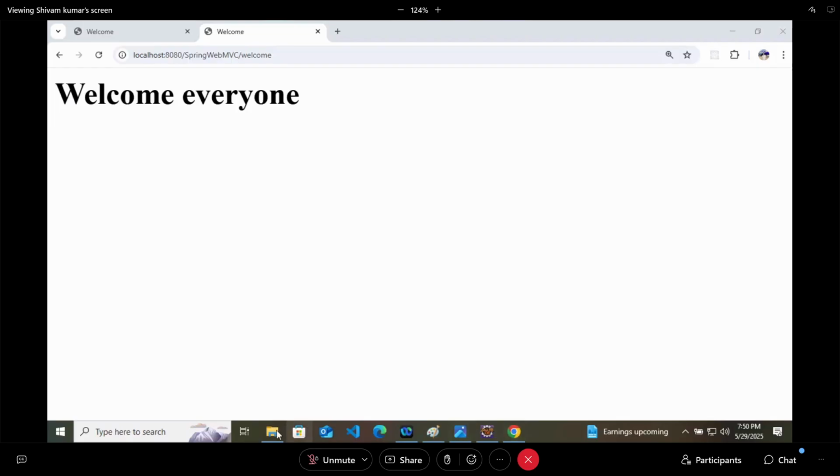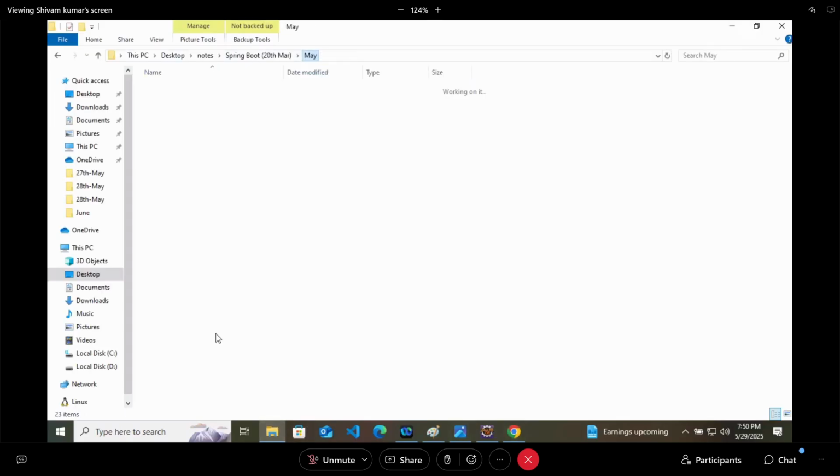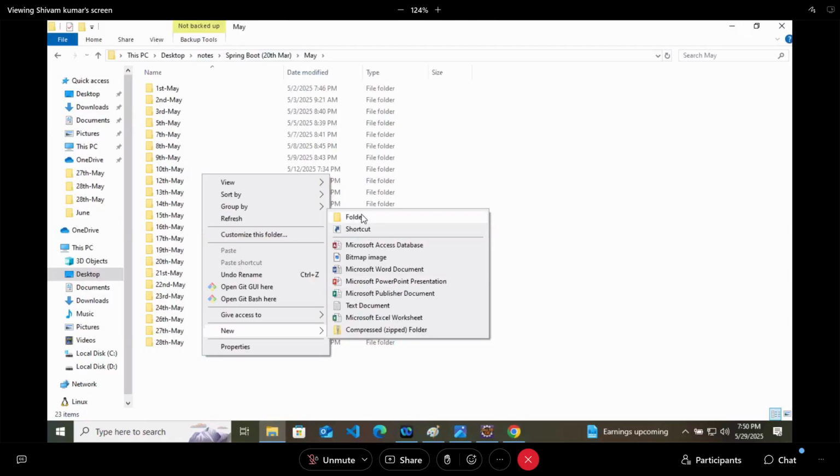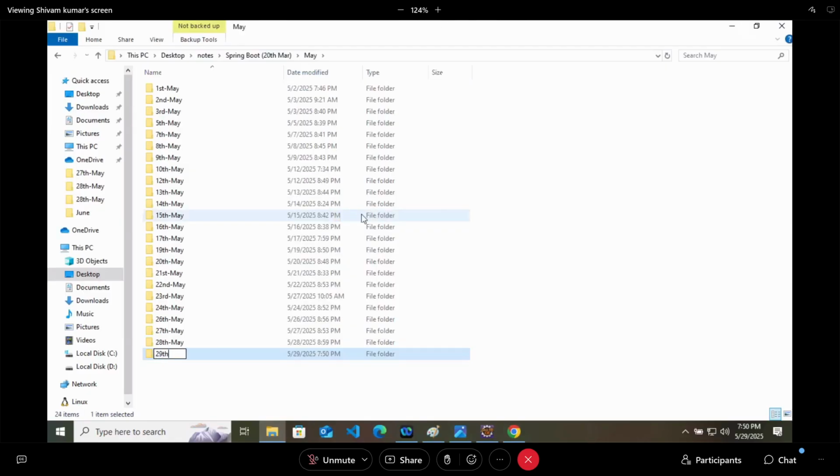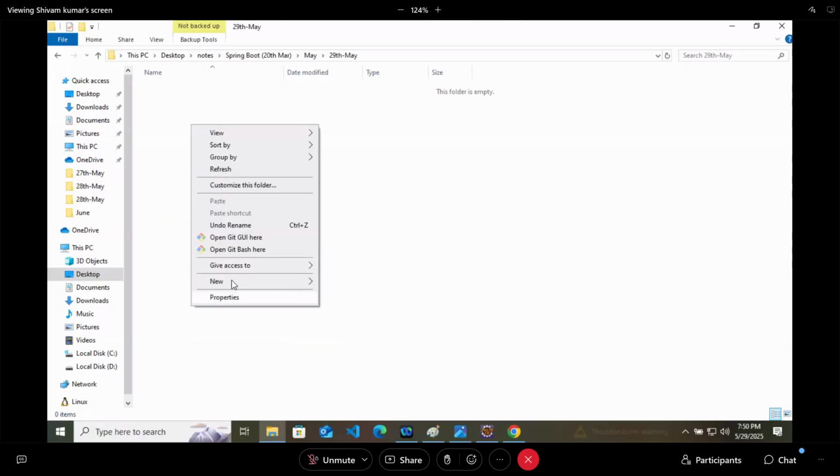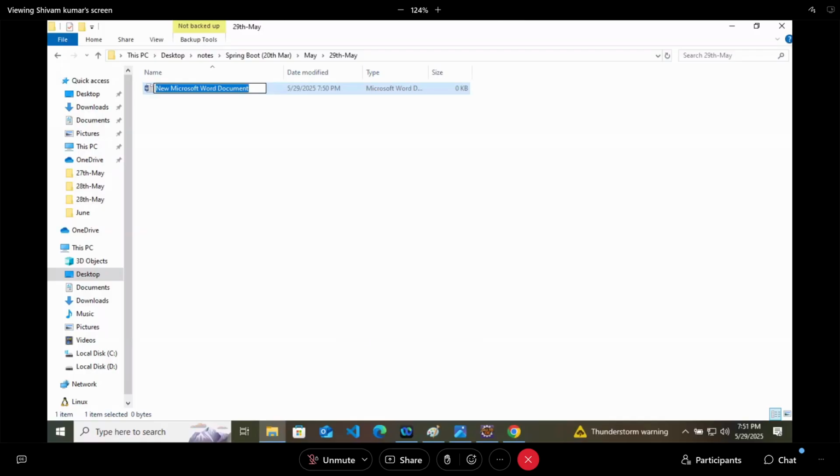So let's start. Controller versus rest controller. We have seen that both are working the same. There is no difference in them.